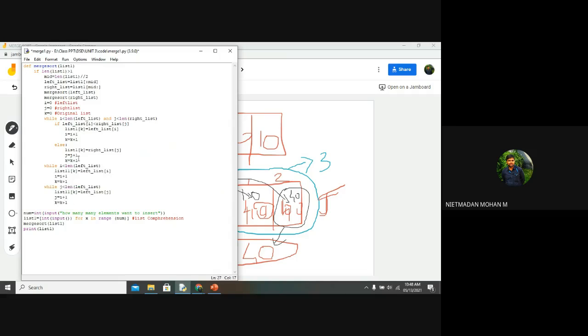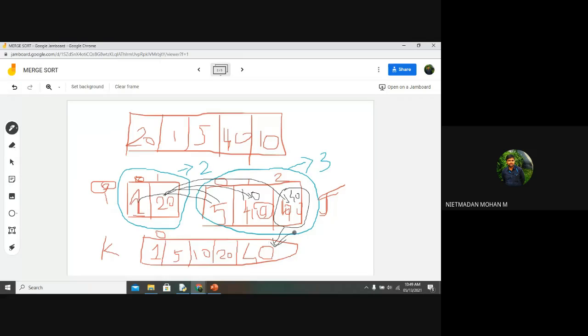For the comparison, that means we are checking whether less than or greater than, we are using this while statement. For comparing, and then we find the remaining elements either in the left list or in the right list. If any value is pending in the left list, that wants to be inserted in the list k, that means 40.